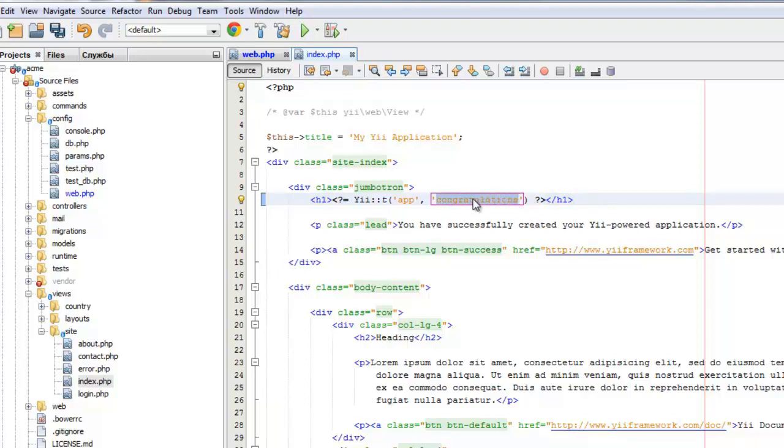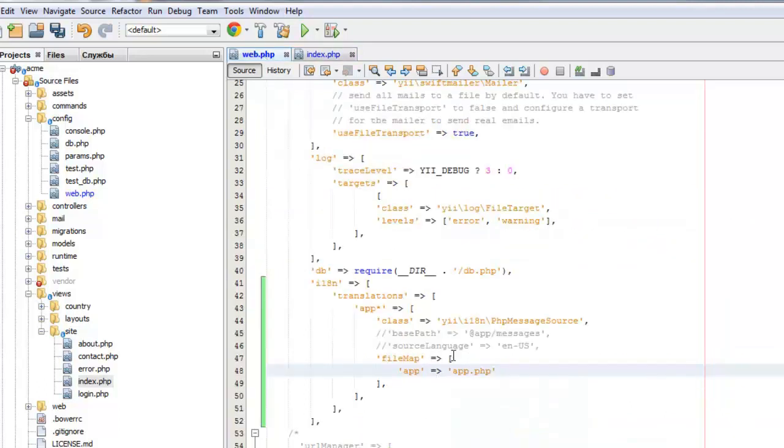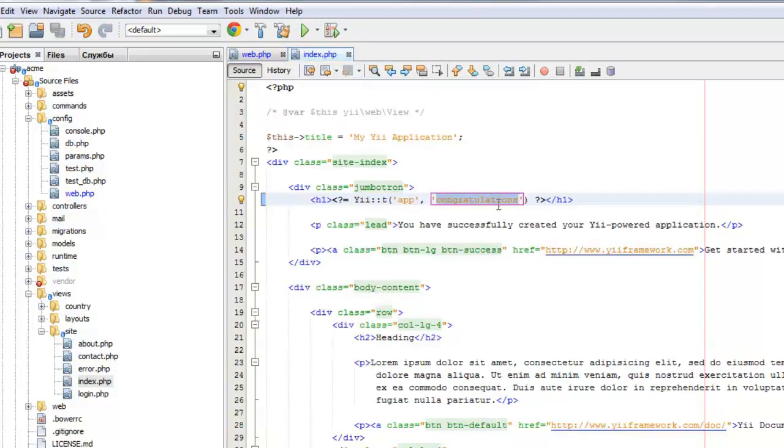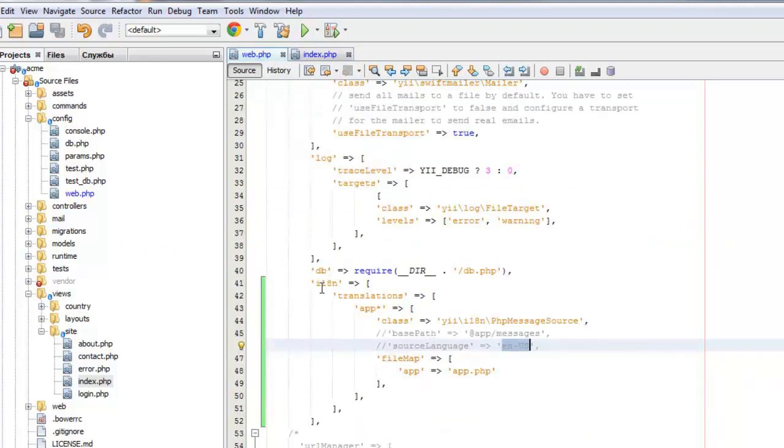The text that you give here is supposed to be the source language, and as you can see here, by default, the source language is American English. That's why for the Yii2 framework, the text that you send here is the source language, and it's supposed to be English United States. So that's why we can translate it. As you can see here in the web, we have to have